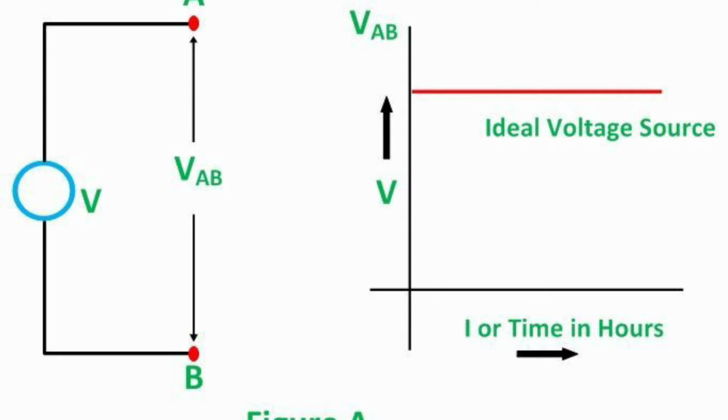A voltage source is a two-terminal device and it is independent of the current drawn, so even if there are any variations in the current, the voltage remains constant. This is called an ideal voltage source. Any fluctuation in the current, but the voltage remains constant, with no fluctuations in the voltage, is called a voltage source,